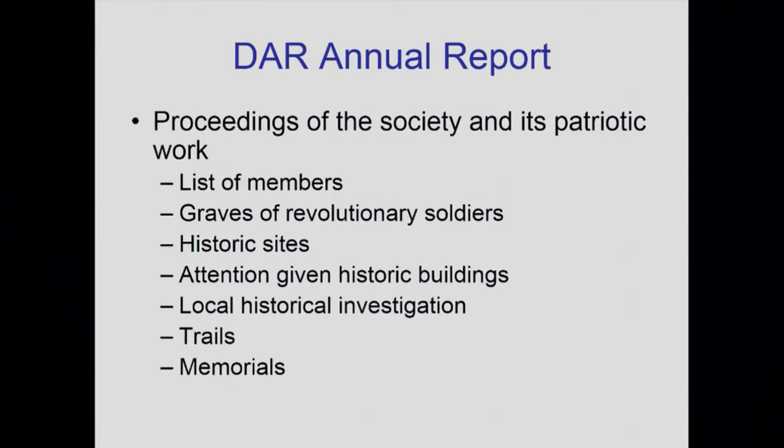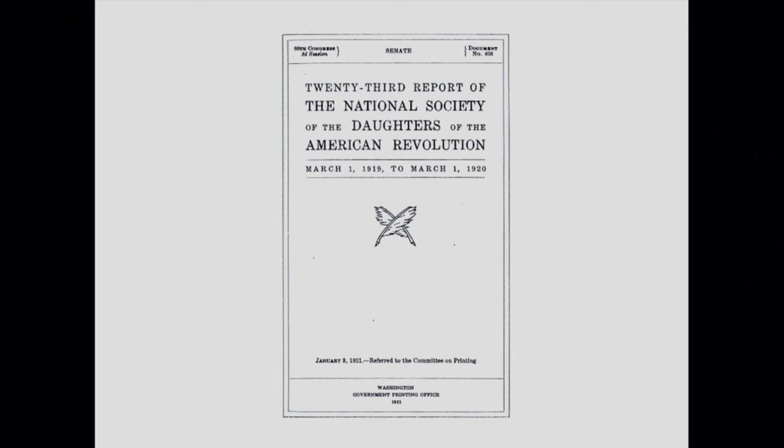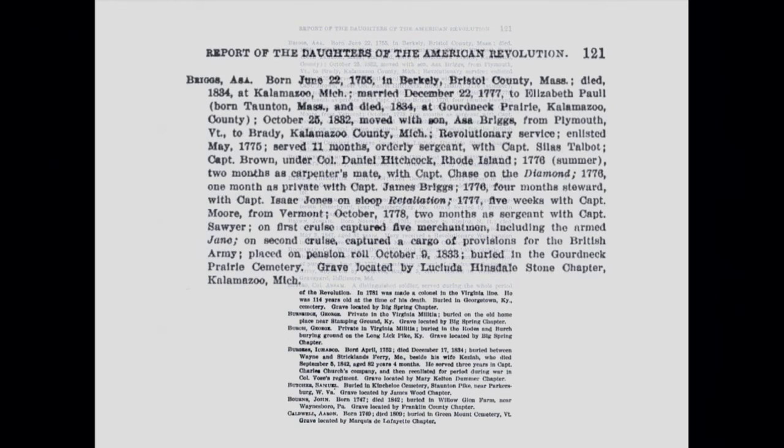And they're a wealth of information with lists of members, information about the graves of Revolutionary War soldiers, information on historic sites, historic buildings, and local historical investigations, trails, and memorials. So we'll take a look here at the 23rd report from 1915 and just give you a sense of some of the information